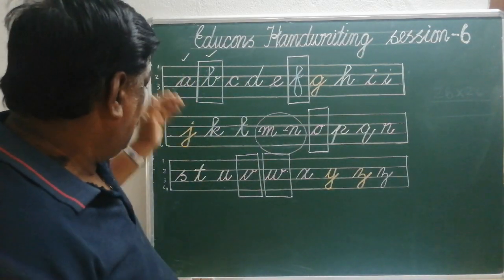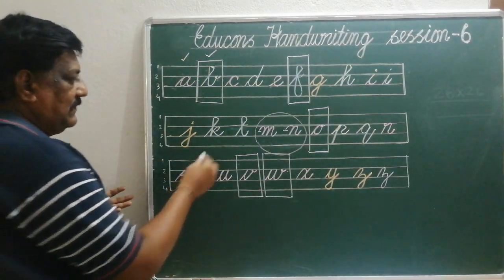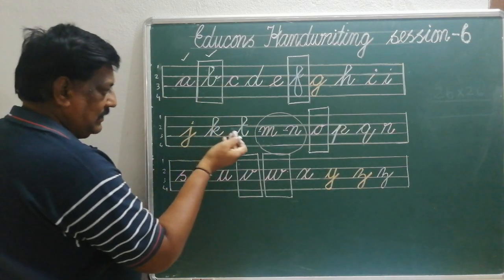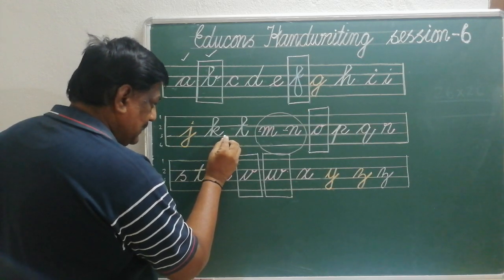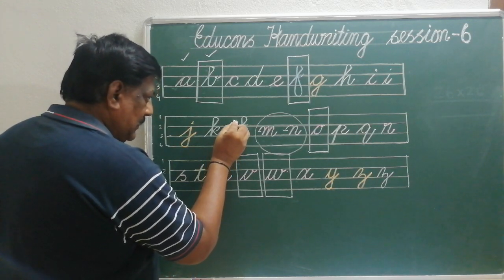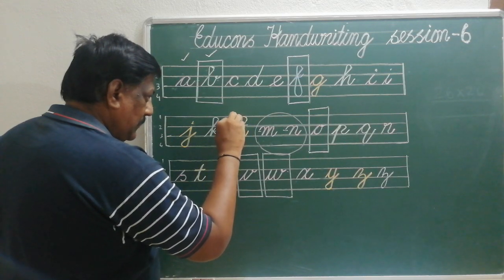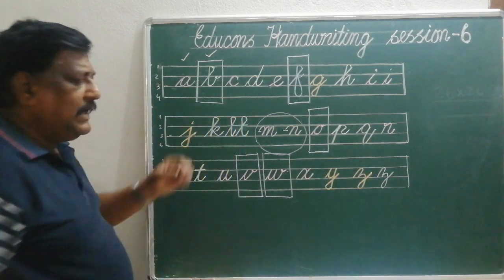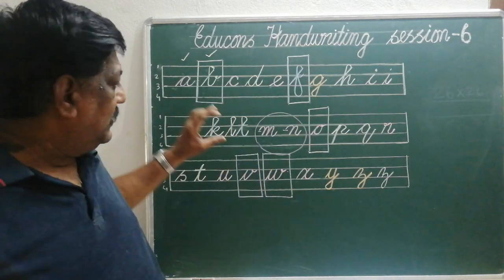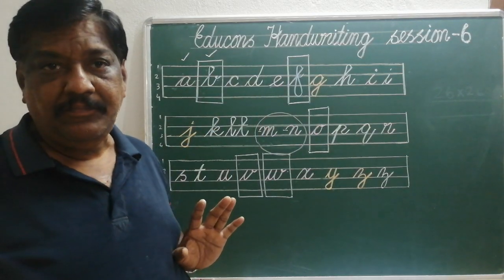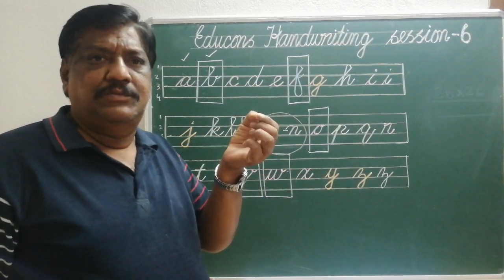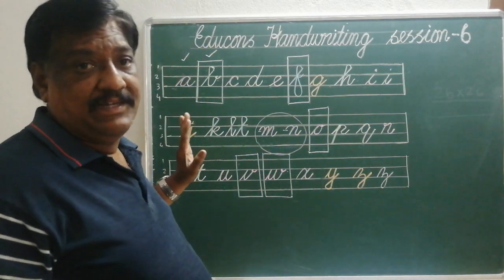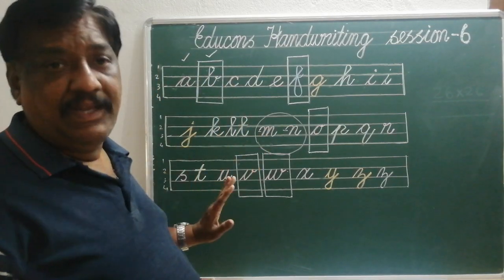See, I'll write one loop letter for you. Say for example, I'll write B, or yeah, we have already practiced it here. I'll write here. Follow the method and rules which we told. Any number of times you write, you will get the same size. The size may differ by some 2-3% from person to person, but you will get your size perfectly. So this type of practice should be done.